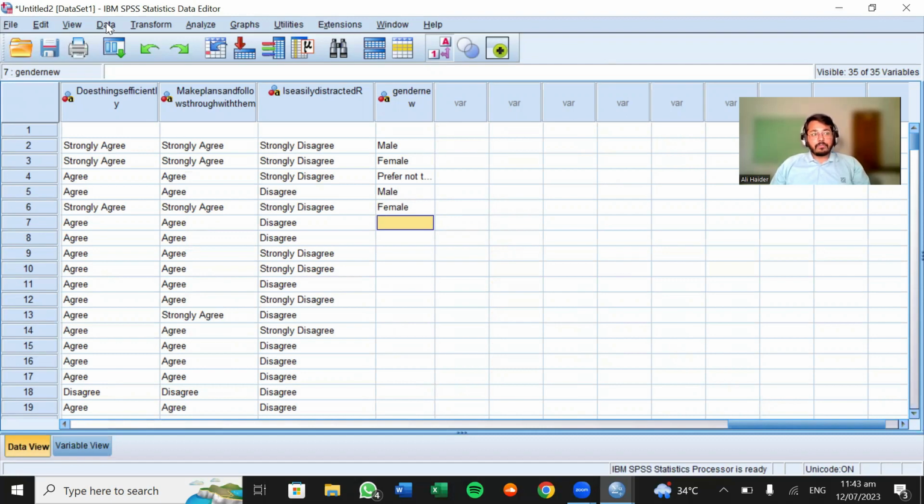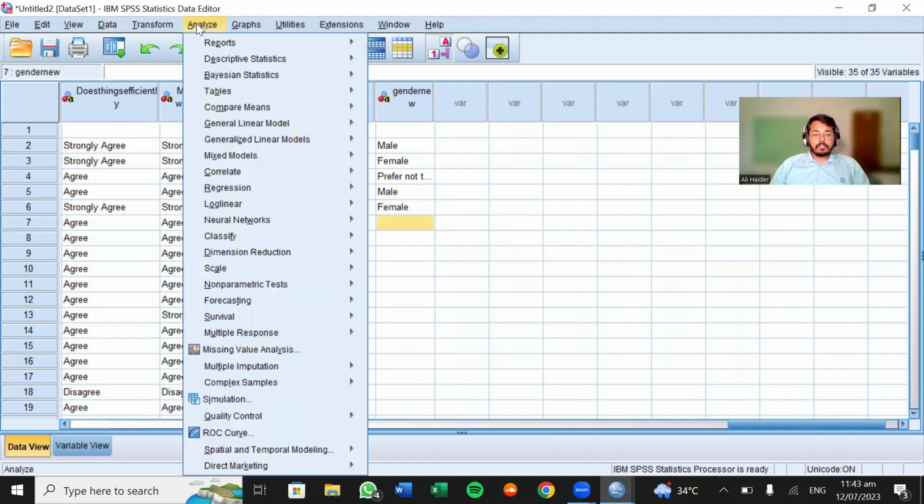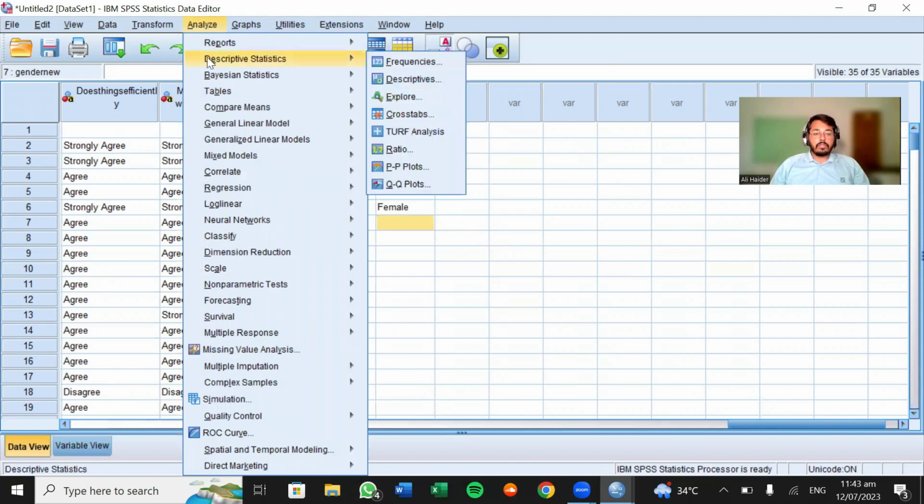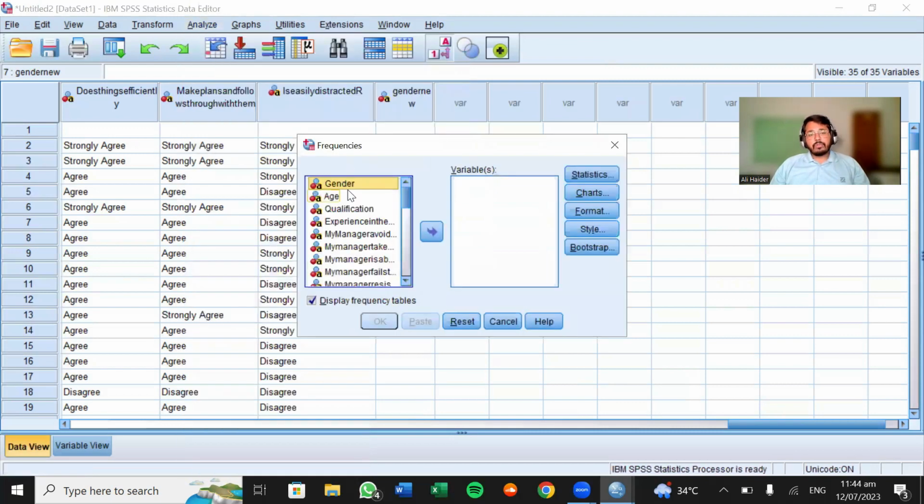For analysis of the data, we'll go to Analyze, and from here you will apply the statistics that you have in your questionnaire or in your methodology. So mostly we use descriptive statistics in our medical research. We will also apply regressions and other things. So I will here just give you a brief introduction to the descriptive statistics. In descriptive statistics, you will go to Frequencies, and in frequency